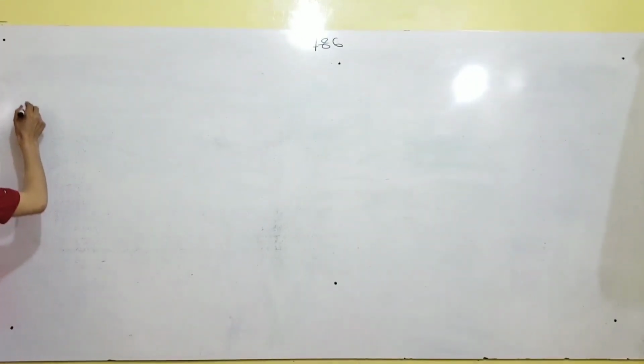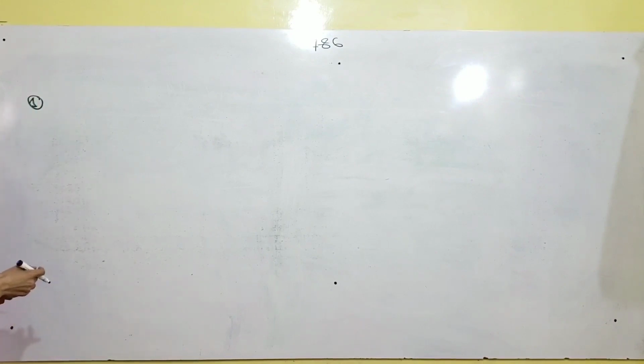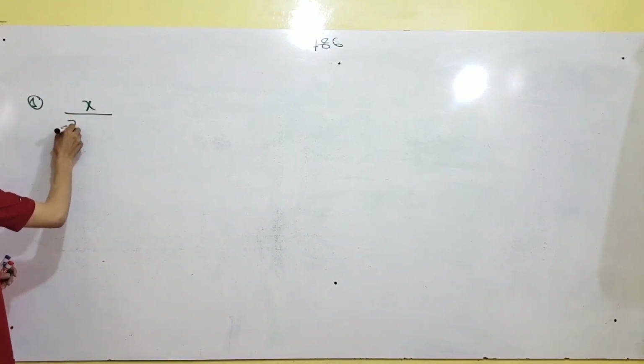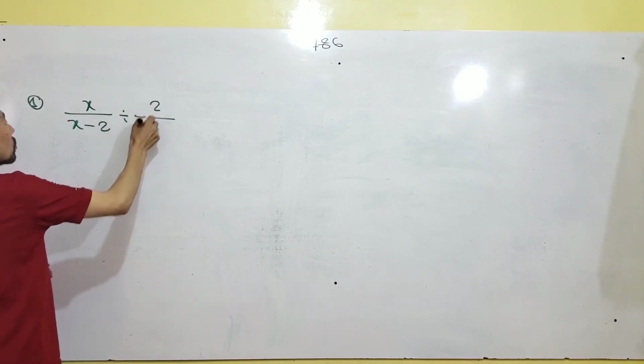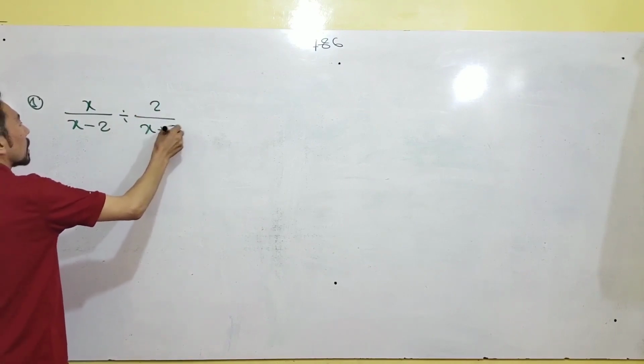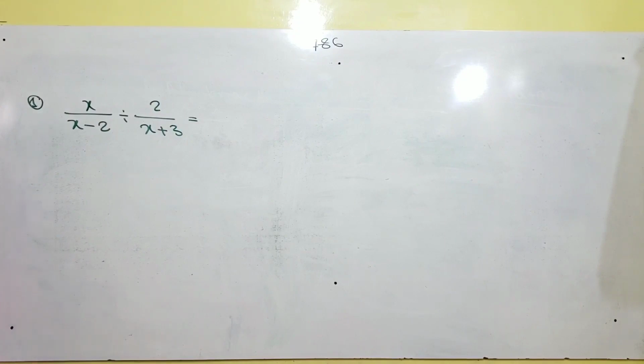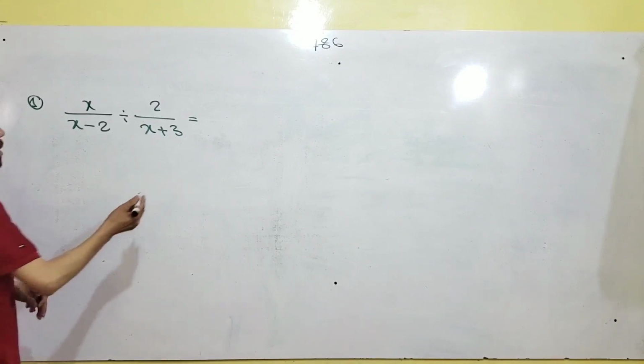Okay, dear students, sometimes maybe it's possible that one fraction is not possible to factorize. For example, we have x over x minus 2 divided by 2 over x plus 3. How can we divide? In this example, it's impossible to factorize or cancel or divide some part of the fraction. So here we directly